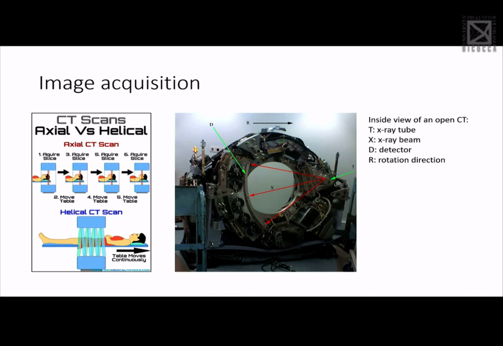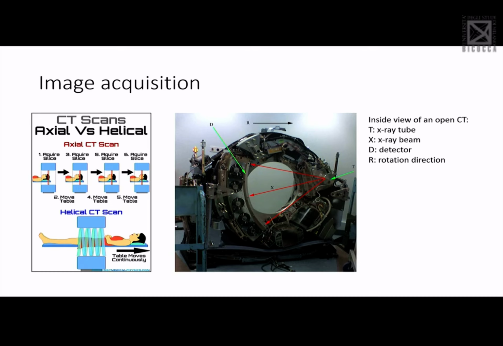So this is the difference between the axial and the helical CT scans. The helical scans move as I just described. You acquire one slice, you do a rotation, then move the table where the patient is lying down, acquire a second slice, and so on and so on. With a helical scan instead, you have the bed continuously moving while the X-ray tube keeps on rotating, so you can do it